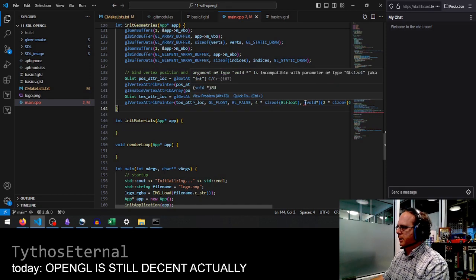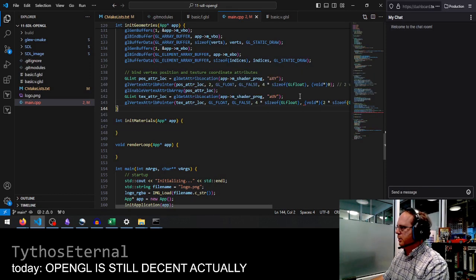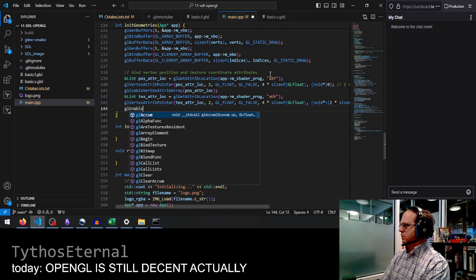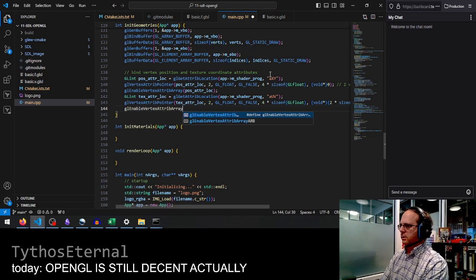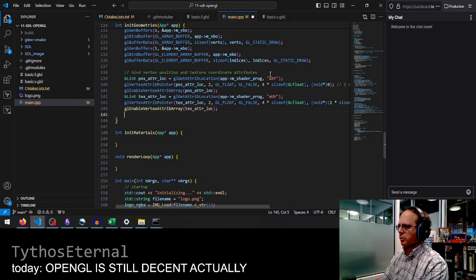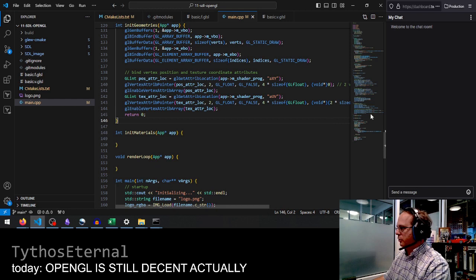Why is it still complaining? Argument type void. Did I miss a comma somewhere? GL false. Yep, I did. There we go. Okay. And then we only have 1, so we will just enable this up front here and not worry about swapping it out. So that defines our geometries, and then our materials are basically